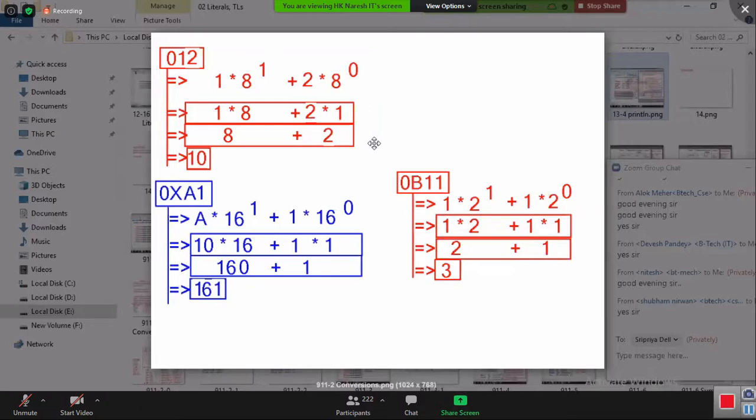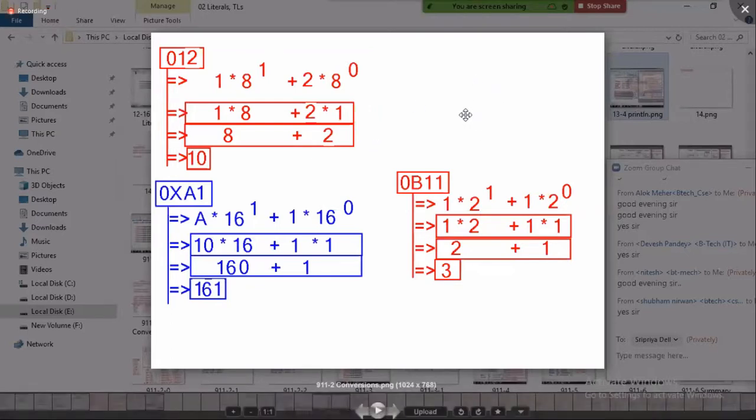Any doubts? In interviews, a question on octal numbers is very commonly asked, you should identify the correct converted number. Shall I move to the next point?